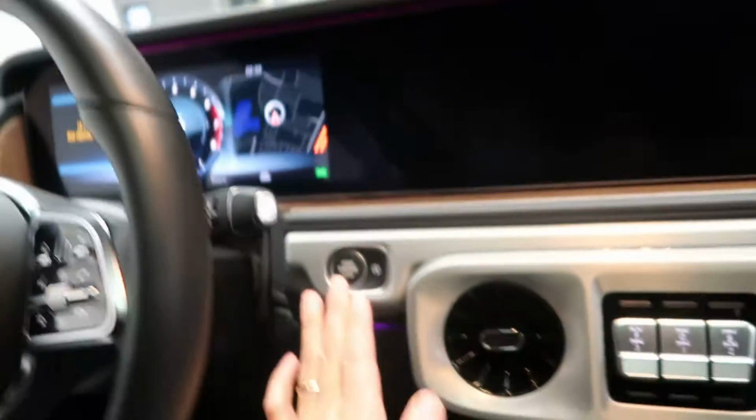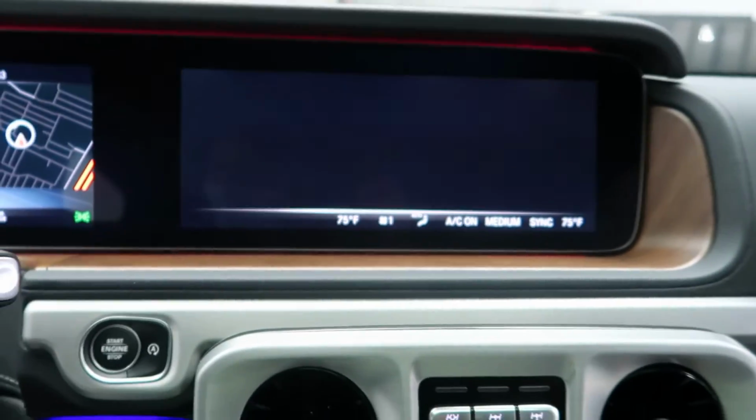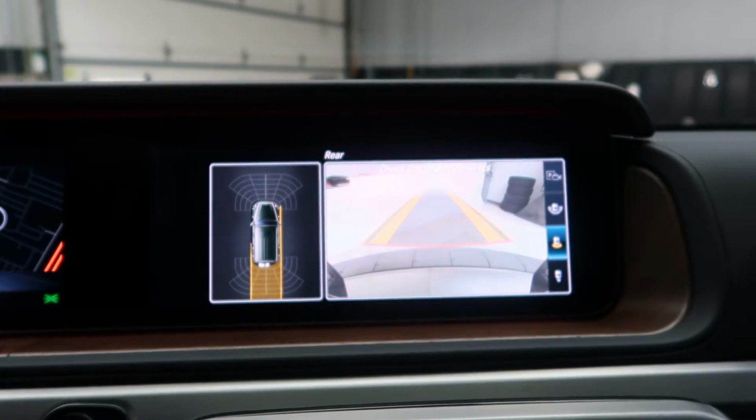for extra performance, a push start ignition, ambient lighting, a rear view backup camera with sensors,